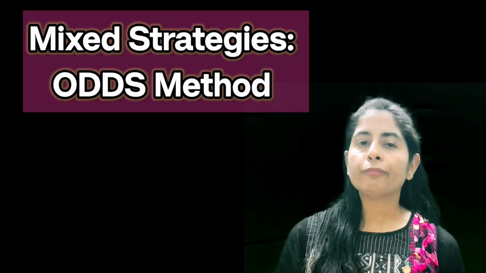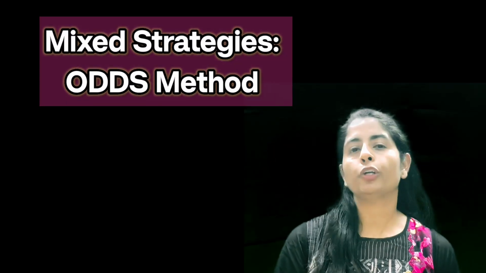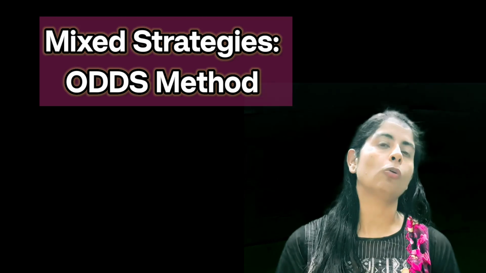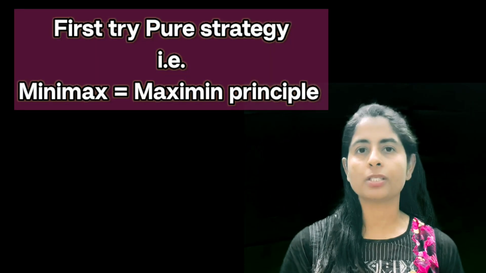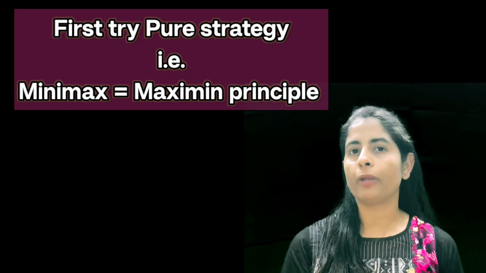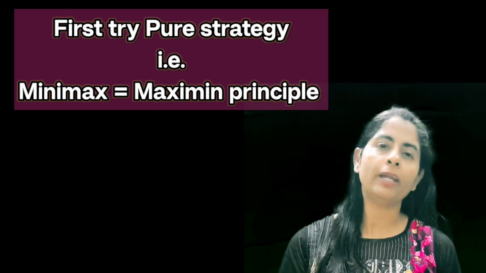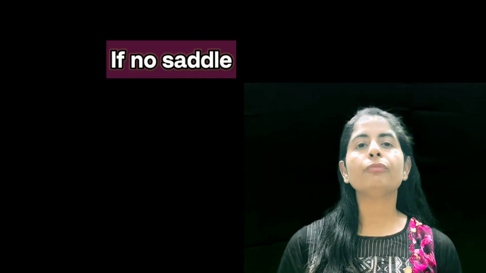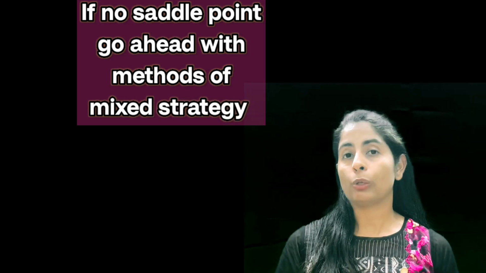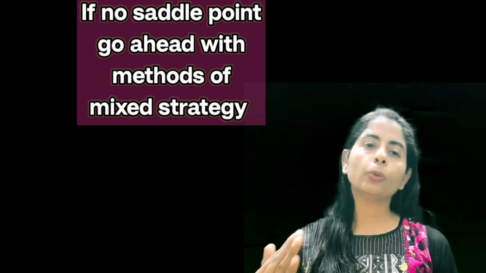Now, therefore, in every game theory problem, first of all, you have to try to solve the problem with the help of pure strategies. That is, you have to find a saddle point. If you are able to find the saddle point, that is your solution. But if you are unable to find the solution with the help of pure strategy, you can move ahead with